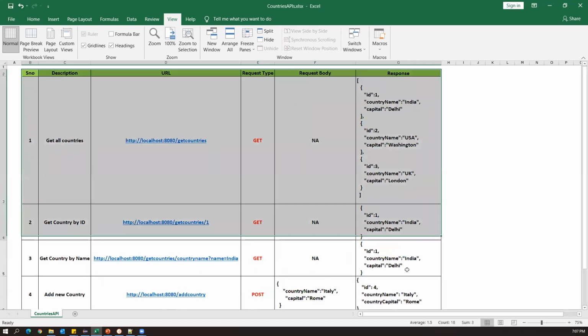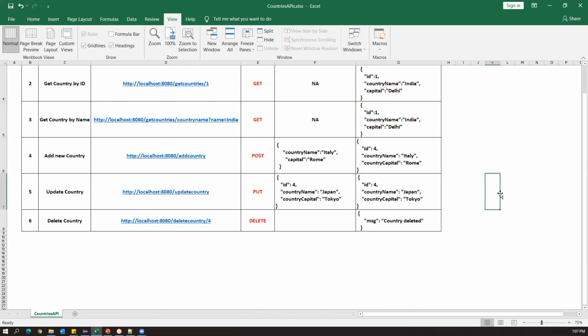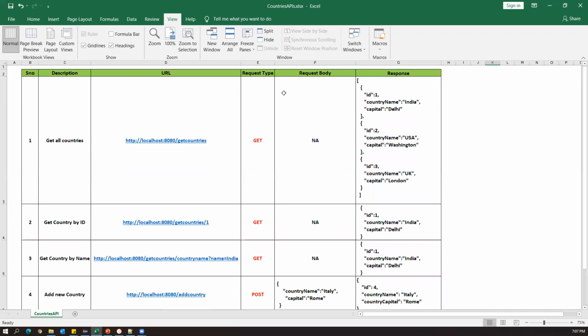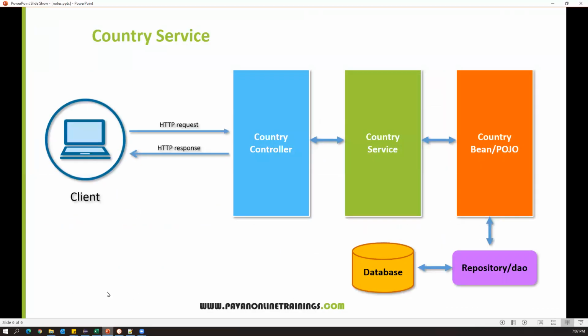Based on this, we have to develop the web service, and after that we will develop the controller class to handle all these HTTP requests. So this is a step-by-step process. Listen to this carefully, each and every step. As I said before, we need to go step by step. So let us keep the database repository aside. We will see this later.